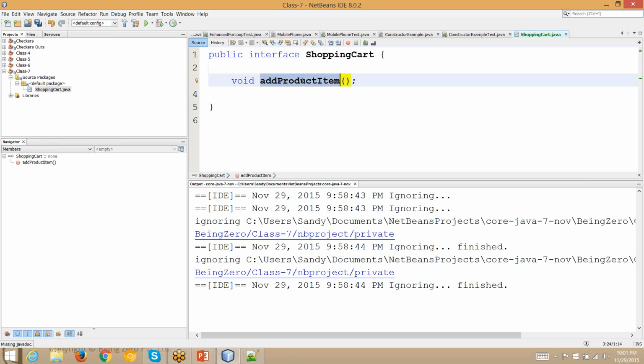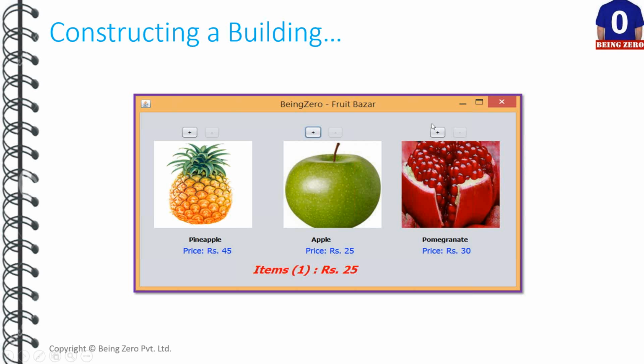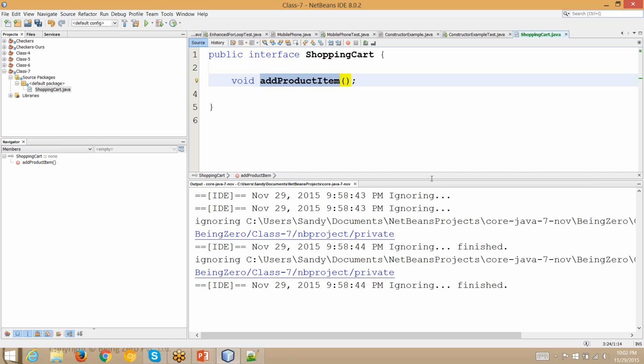Now which item we are adding to the shopping cart, we should be telling, right? Because from an e-commerce site, we may buy shoes, we may buy toys, we may buy something else. But in our case, we are doing a mini version of shopping cart. So ideally, we will be telling either add pineapple or apple or pomegranate. So add product item will take some input parameter, which will be a product item,